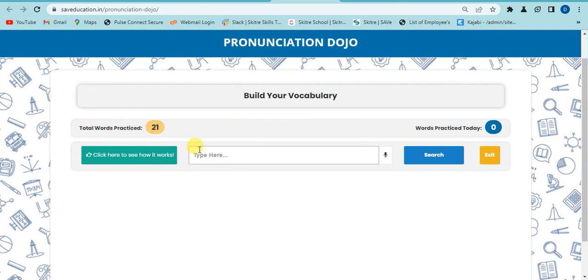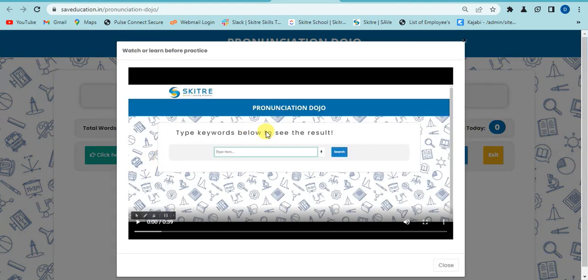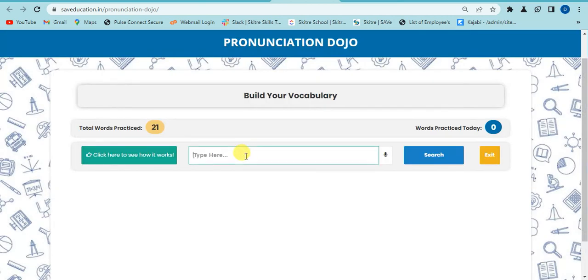So here total word practice count is given here, then total word practice today count is given here. Here as you click on this tab, one pop-up is open. So here one video is provided for how it works. You can watch this video to see how that particular scenario is going to work. Okay, then search any word you want to,